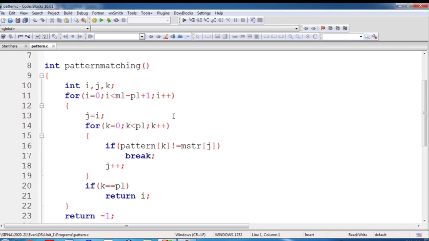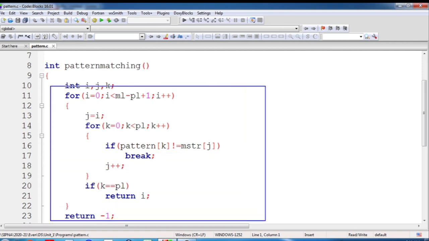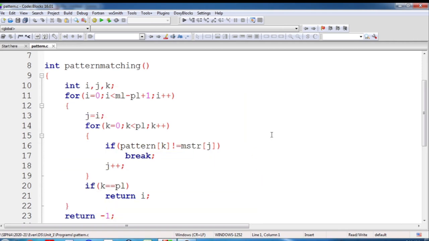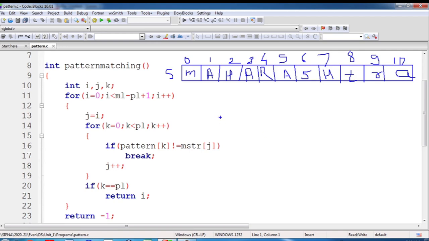Okay, now let me explain this code. Everything else is already explained. So let me draw the string first. I will go for the same string, that is Maharashtra. So this is our string, and let me draw the pattern. This is P, and now